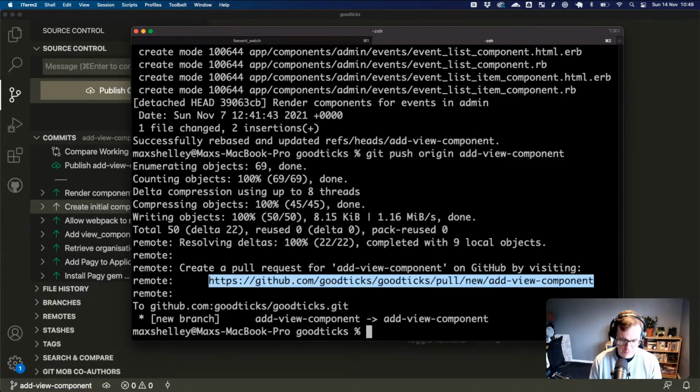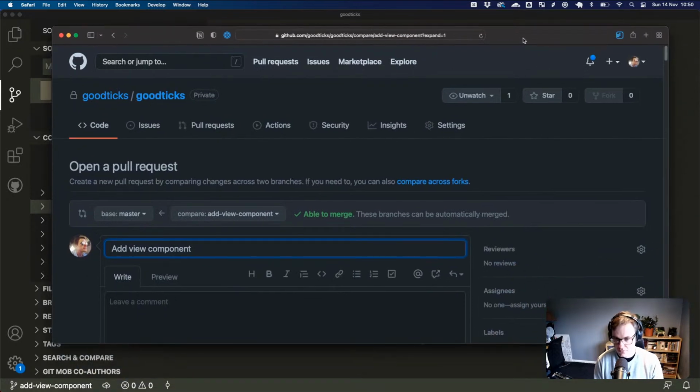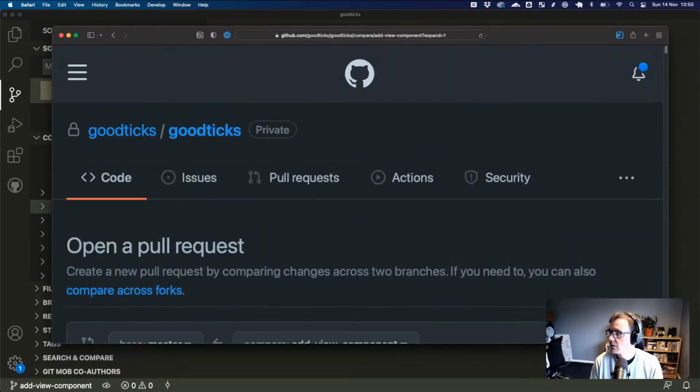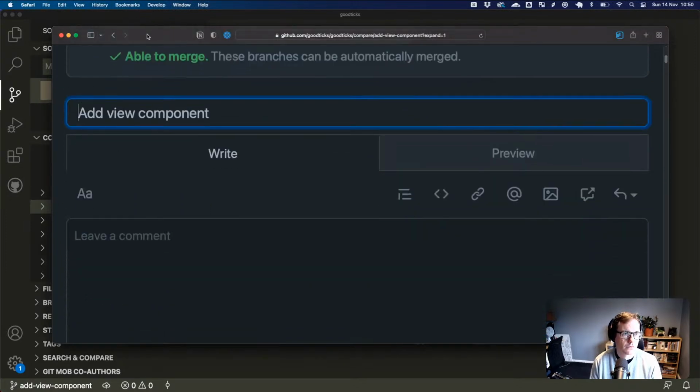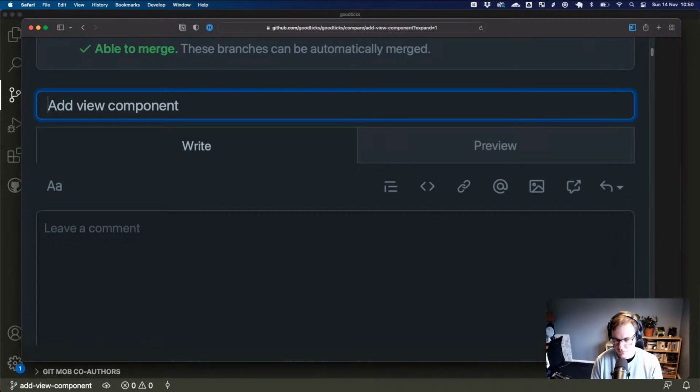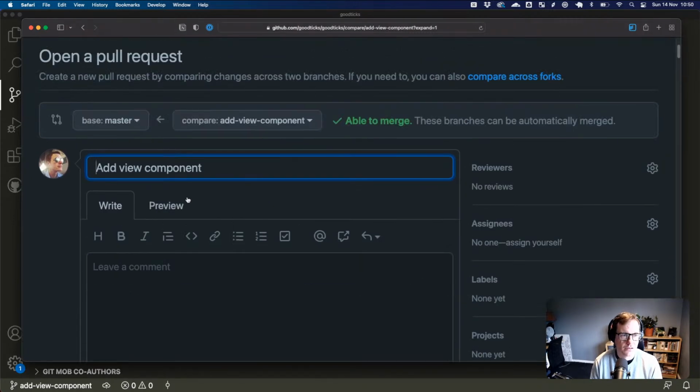See if we can make a PR for that. And then while that is running its tests and doing all its cool stuff, we can then go off and add new component gem.